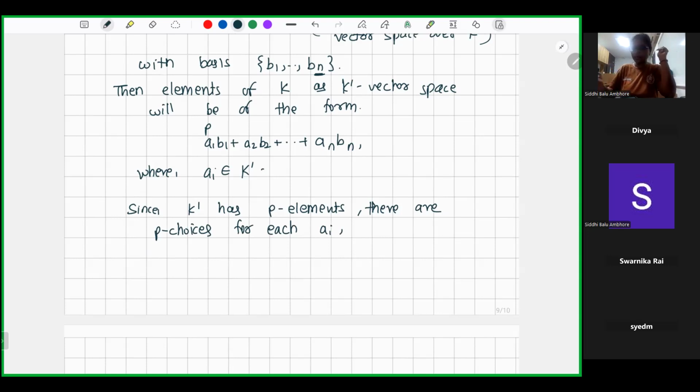For each AI, and we have to choose N such,